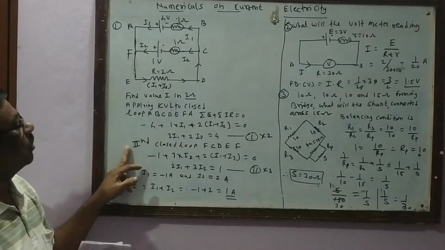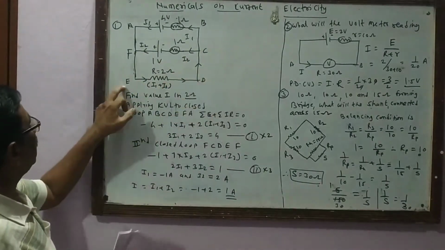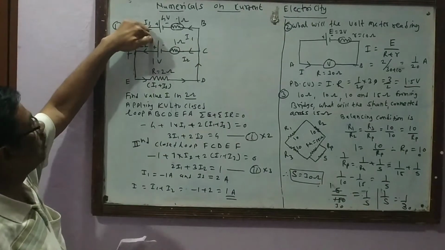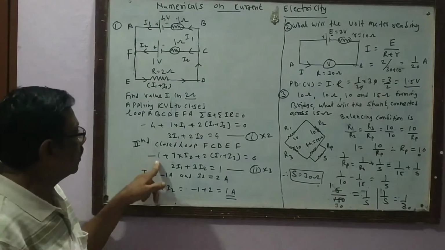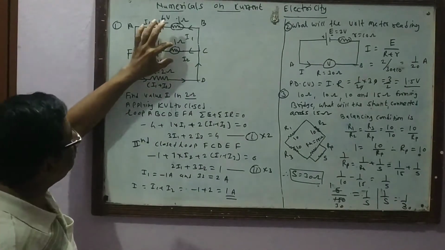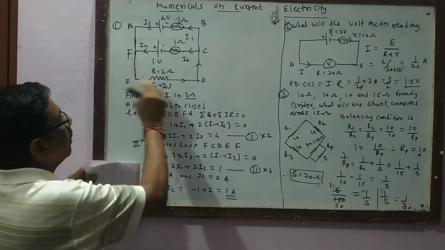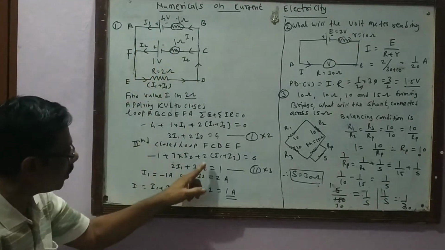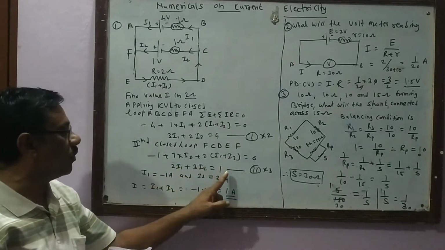Now let's see the second. Applying the Kirchhoff voltage law to the second loop F, C, D, E, F. The circuit goes from F to C, and this EMF delivers the current from positive terminal to negative, hence it is negative, that is minus 1. From F to C, the current is flowing in the opposite direction, hence that product is positive, I2 into 1. The circuit flows from C, D, E, the current is flowing in the opposite sense of the circuit, hence that product is positive again, 2 times I1 plus I2 is equal to 0, and hence we have the equation 2 I1 plus 3 I2 is equal to 1.